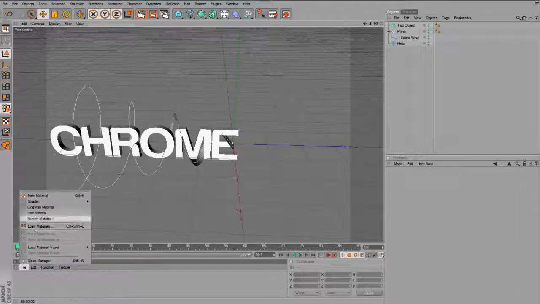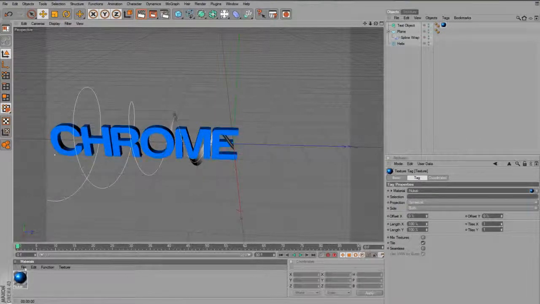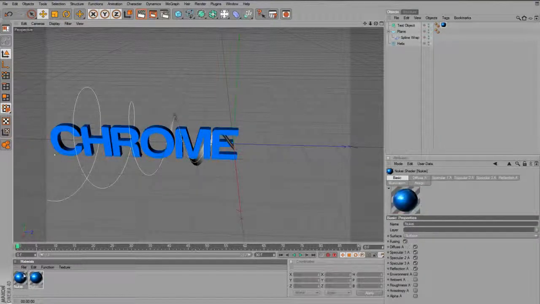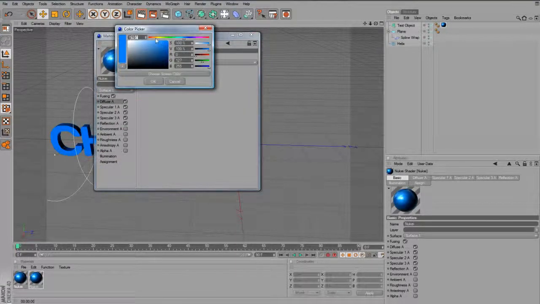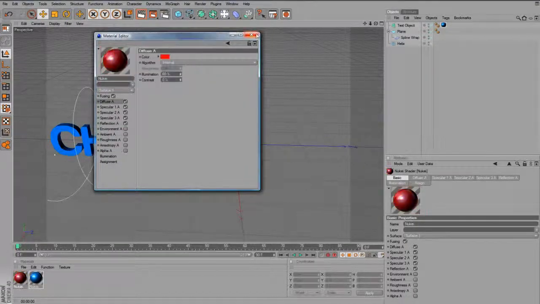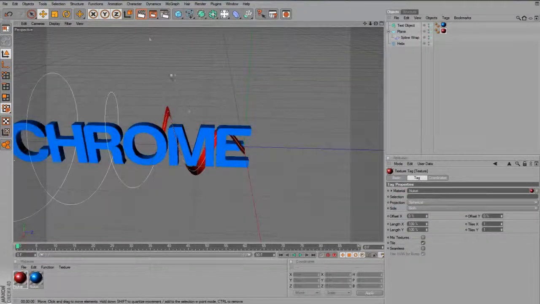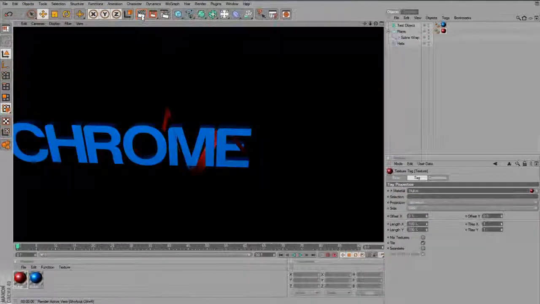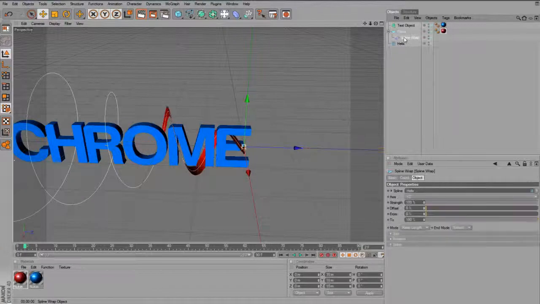Now what we could do is maybe make some material. So go to File, Shader, and if you go to New Key, you can just drag it on the text. And then if you Control-C, Control-V the new key, double click it and just make the other colour red, and choose the red for the ribbons. Obviously you can use whatever colours you want. For tutorial purposes, you can just go to the spline wrap, and go to offset,